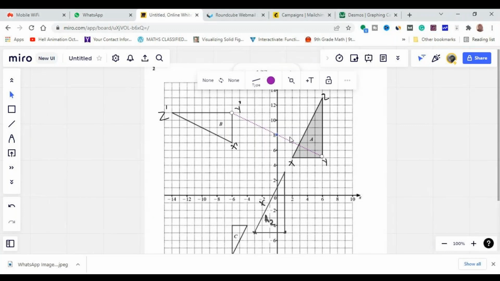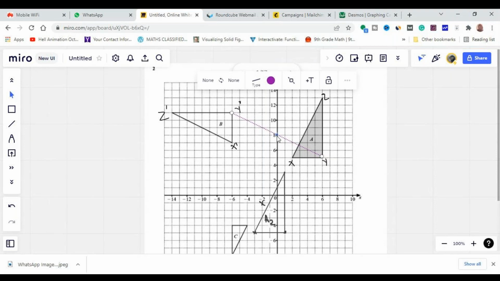Okay, now you see you have just connected y with your y prime. You can see the midpoint of this line segment, this dotted line segment. You can measure the length and you can find out the midpoint by taking half of the length. It's easy for you. What you need to do, you need to draw the perpendicular bisector of this y prime